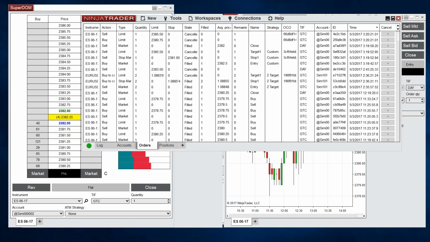It says, in Arizona, TDA stopped allowing Forex trading. Can this be done using NT in one of its data feeds? You said TDA, like TD Ameritrade? That's what he said, yeah. Yes.